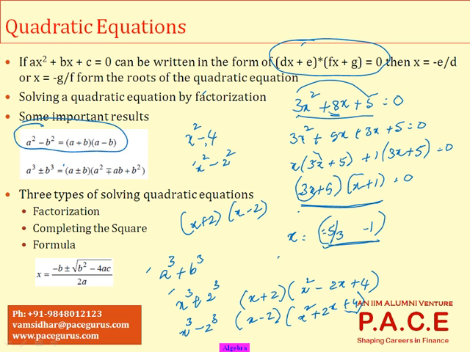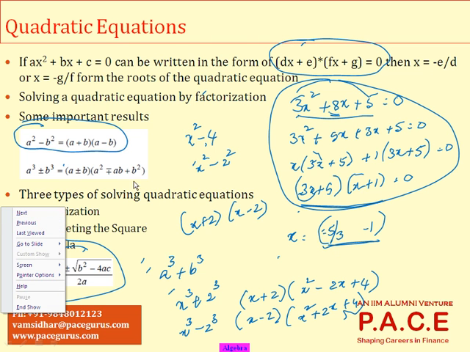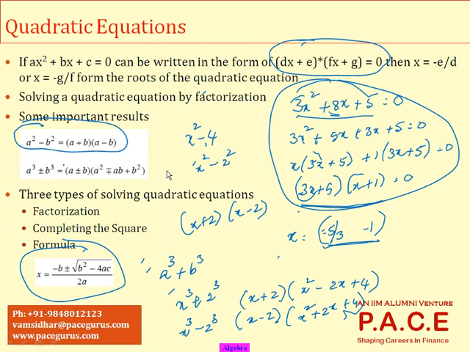So whenever we talk about the roots of a quadratic equation, one method is factorization: create factors and, based on the factorization, try to identify the roots. Or, for any kind of equation, the straightforward method is a formula. Whether you are able to break it down into factors or not,